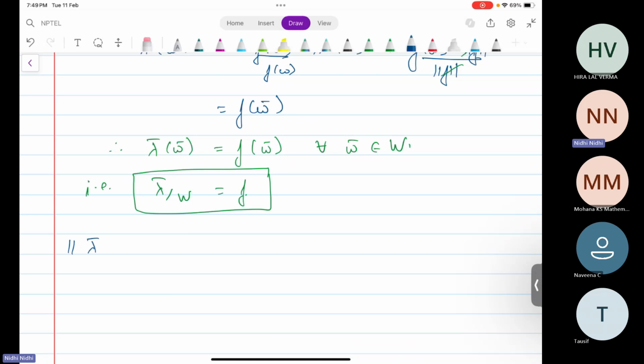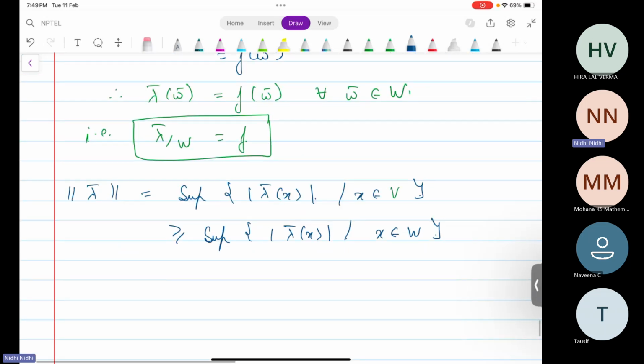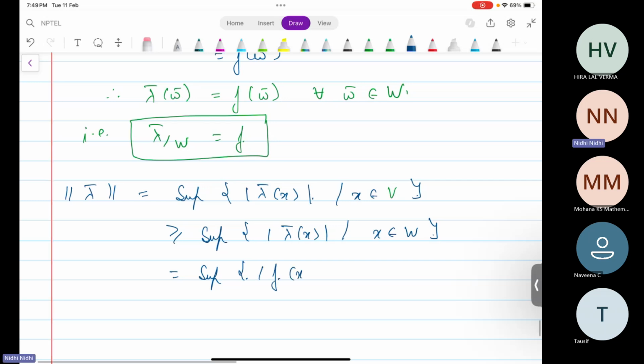See, norm lambda bar is supremum of mod lambda bar x, where x is in V. This is obviously greater than or equal to supremum of mod lambda bar x where x is in W, because W is a subset of V, and this is equal to, now on W, lambda bar is equal to f,